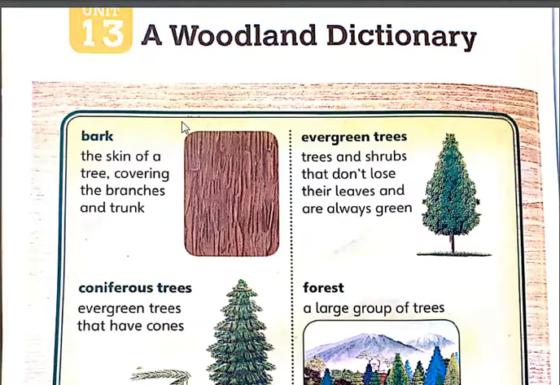Here we go, a woodland dictionary. Now we're going to read the lesson and find out what it is about. Okay, here we have some pictures. It is called a woodland. What does it mean? It tells us the meanings of the words, like